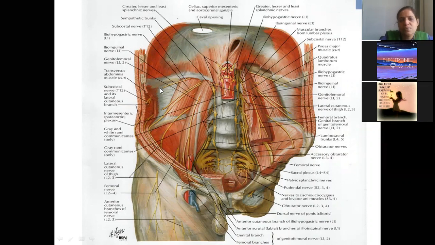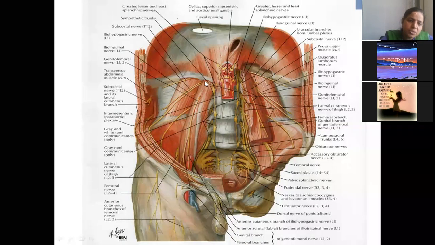It is moving towards transversus abdominis, no? Then it is running between, do you remember, the anterior abdominal wall muscles? What are the muscles? External oblique, internal oblique, transversus abdominis. 1, 2, and 3. Are you finding these nerves are running in the interval between the anterior abdominal wall muscles? This is external oblique abdominis, this is internal oblique abdominis, this is transversus abdominis.